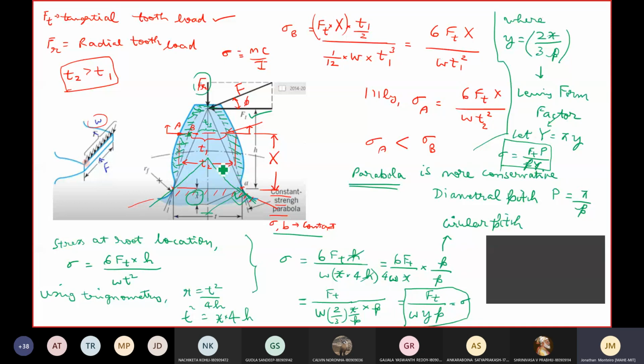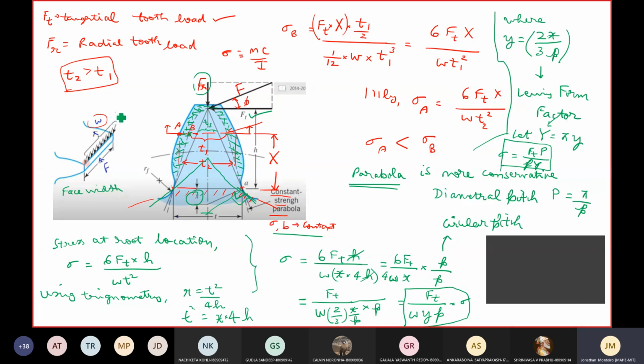So what did we consider here? Just to recap, we understood that the parabola is a more conservative shape. Anything above that, the stresses will be lesser, yes, but you cannot go beyond this. It is the most conservative, or I can say the most minimum required. Also, this is one point I just forgot to mention. We consider that it is a line contact. In other words, it is a UDL, a uniformly distributed load over the length of the tooth, the face width of the tooth. Face width, okay.